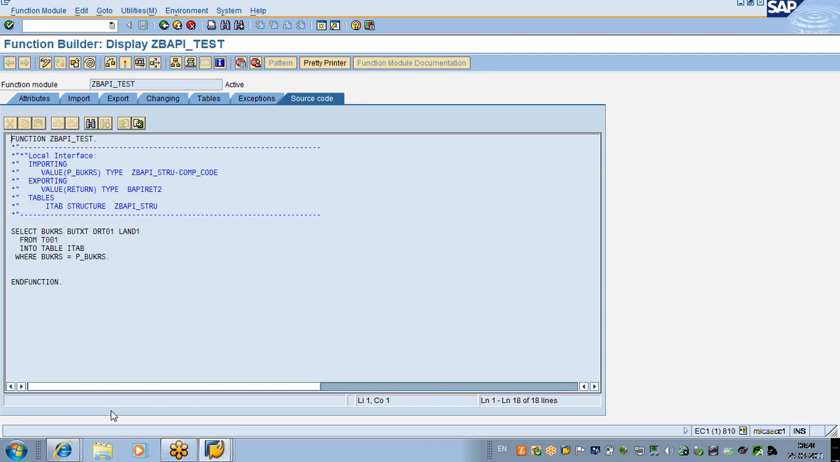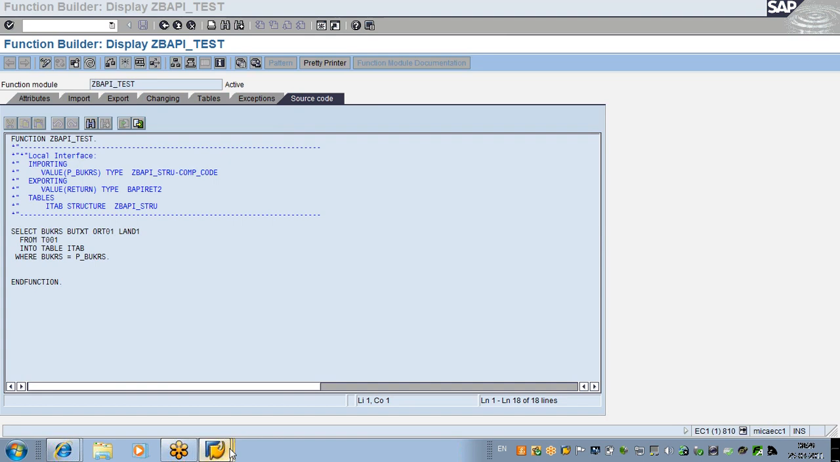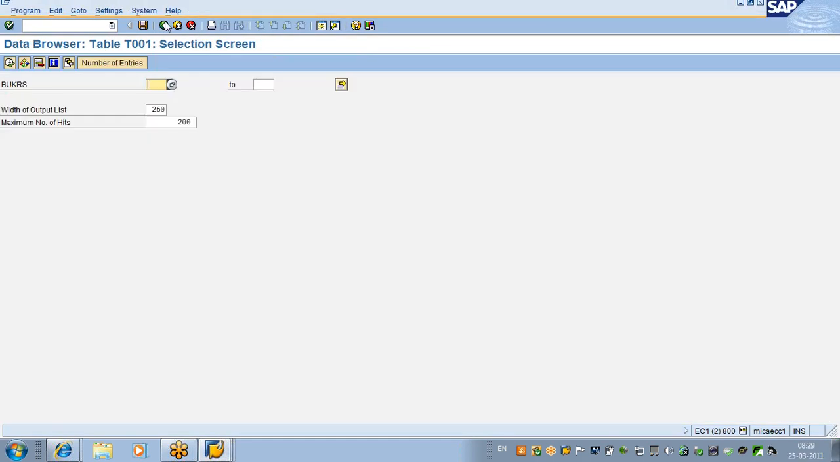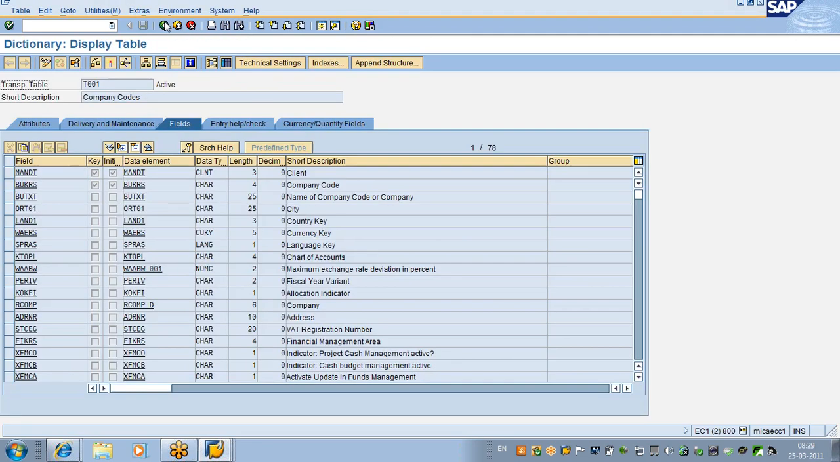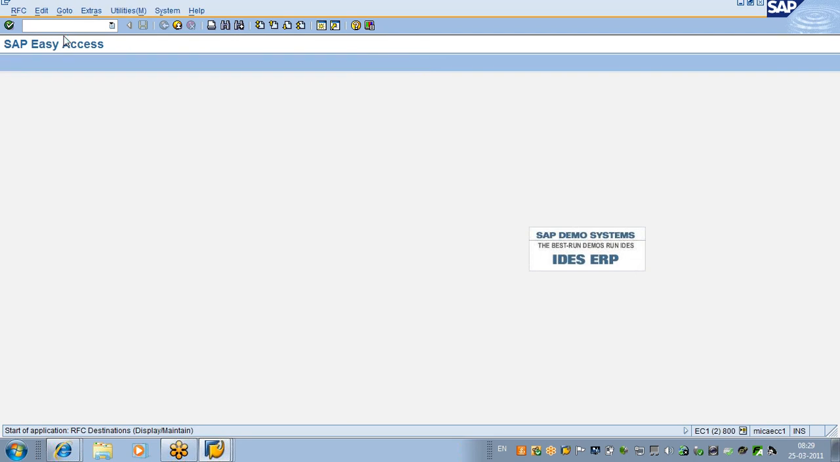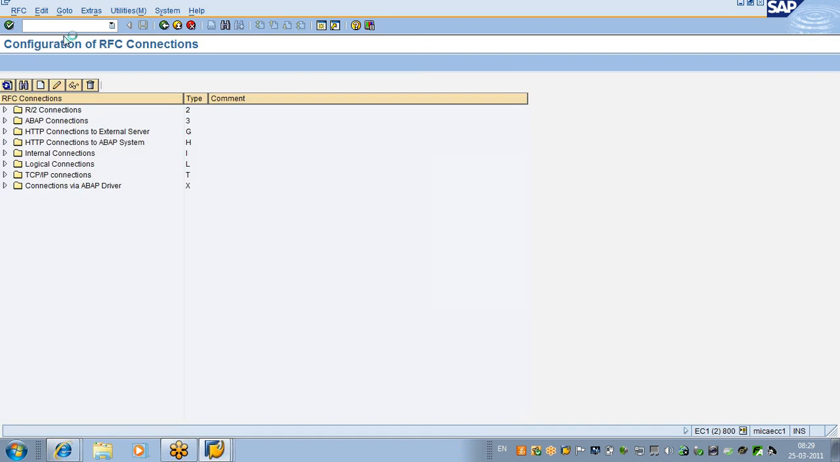Now come to our program. I want to create an RFC physical connection between the two systems. SM59 is the transaction to create the RFC connection. When we did IDocs also we did this. So go here,